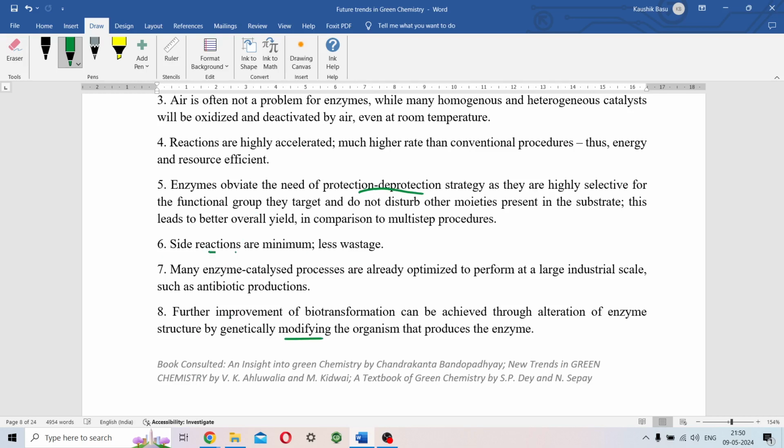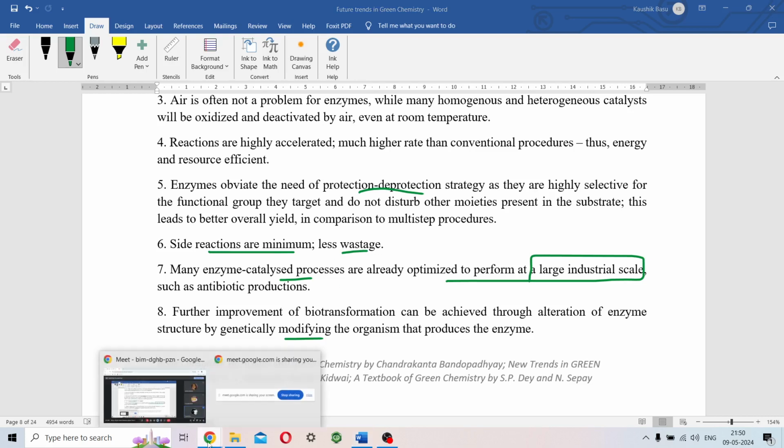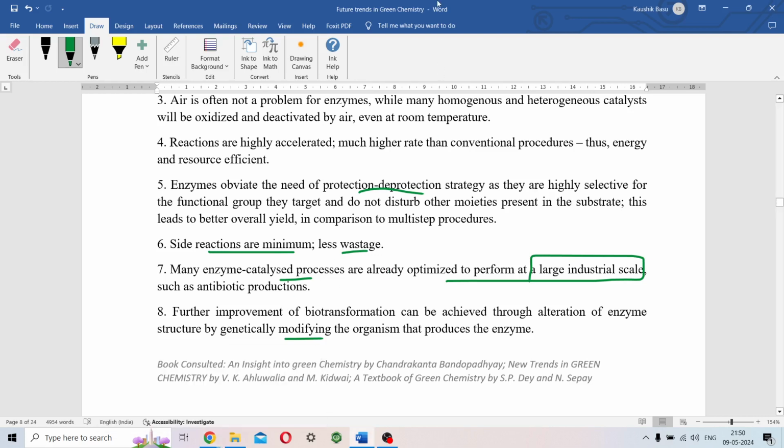Okay, side reactions are there for minimum, and therefore wastage is less. Many enzyme catalyzed processes are already optimized to perform at large industrial scales, যেগুলো আমরা অ্যাডিপিক অ্যাসিডের ক্ষেত্রে দেখেছি, ক্যাটিকল প্রিপারেশনের ক্ষেত্রে দেখেছি, যেখানে গ্লুকোজ থেকে আমরা বিভিন্ন ব্যাকটেরিয়া বা মাইক্রোবস ব্যবহার করছি। ব্যাকটেরিয়া বা মাইক্রোব তো রিয়াকশনটা করছে বেসিক্যালি তাদের এনজাইম দিয়েই, তার ফলে আমরা জানি যে এটা করা যায়, এগুলো অলরেডি অপটিমাইজড হয়ে রয়েছে এবং সেই কাজও এখনও চলছে।